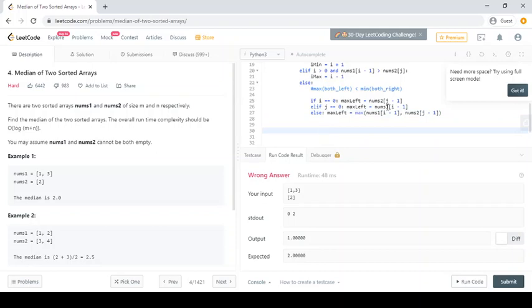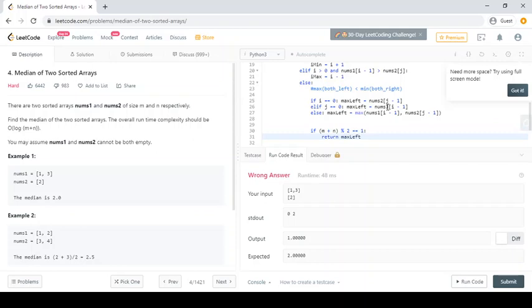Now we will check if the total length of our arrays, m and n, is odd, then we can directly return max left.